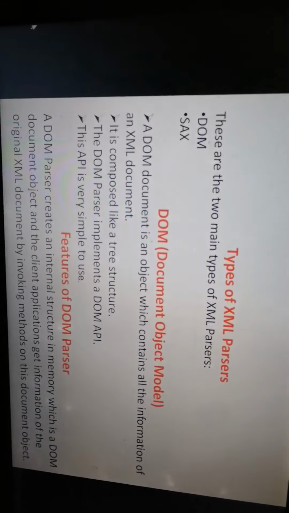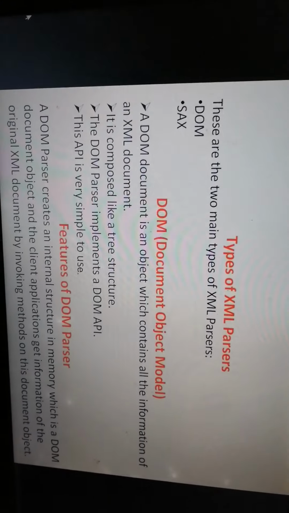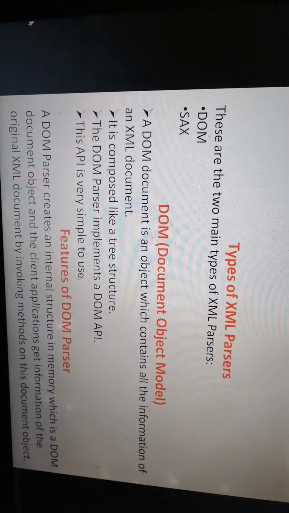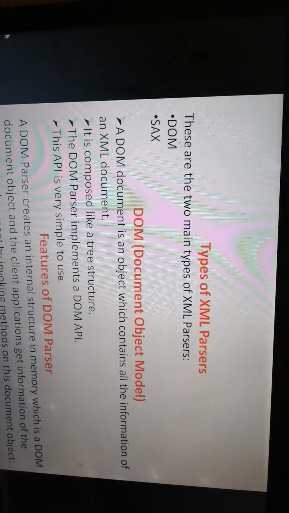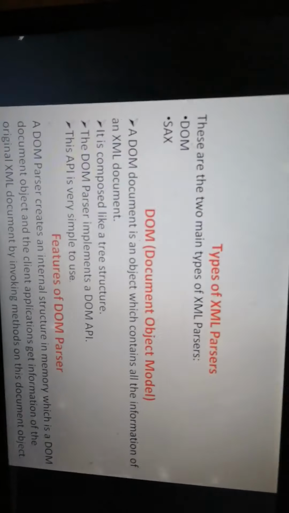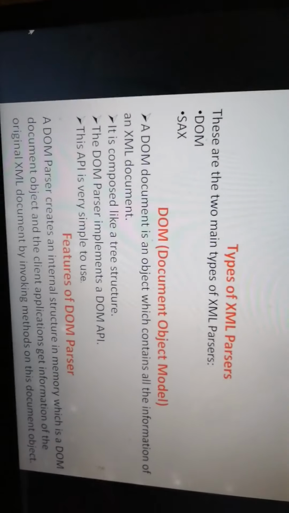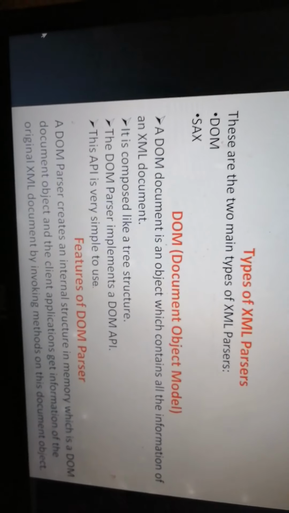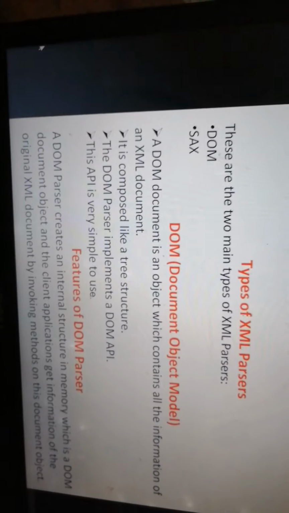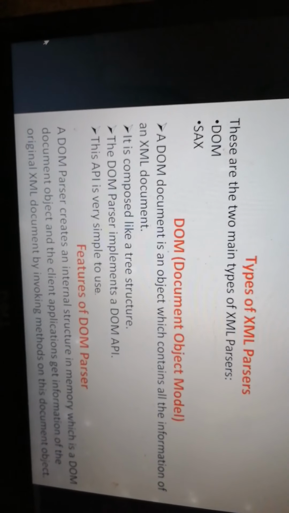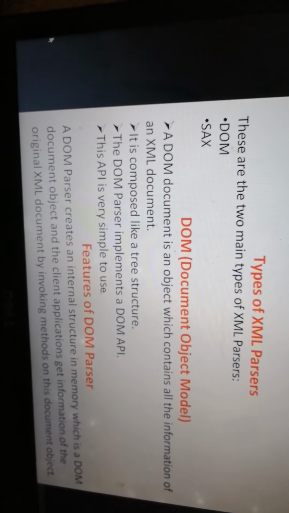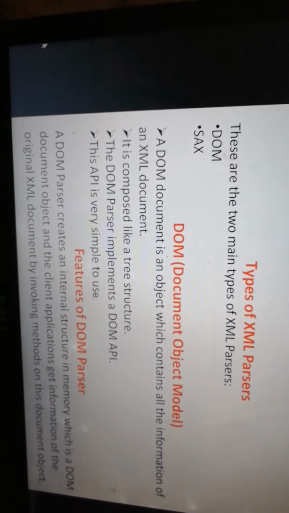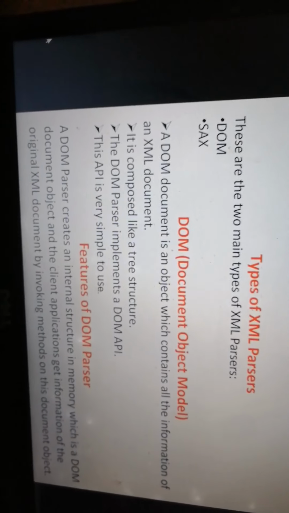Now, using schema or DTD, we have framed a well-formed XML document, and I need to use it with a programming environment. I have an XML document with employee, employee name, employee salary, employee job, employee designation: details of an employee.